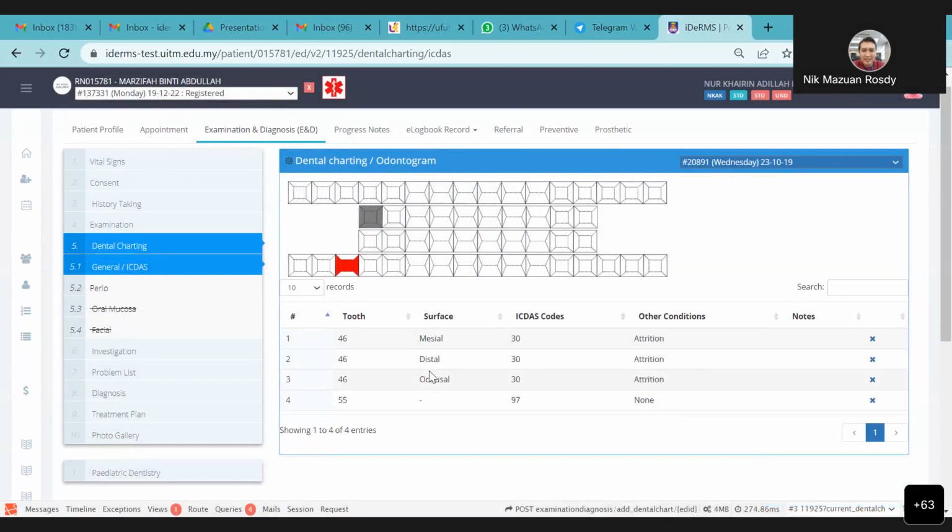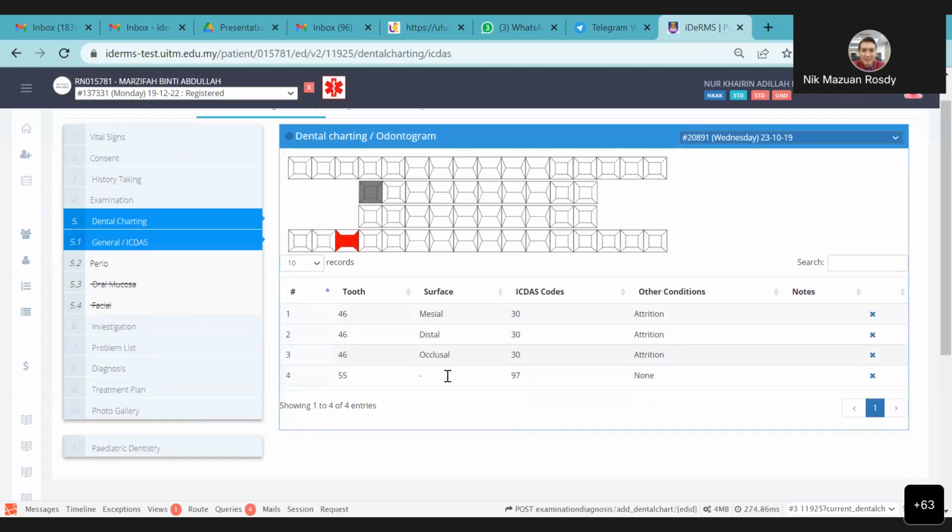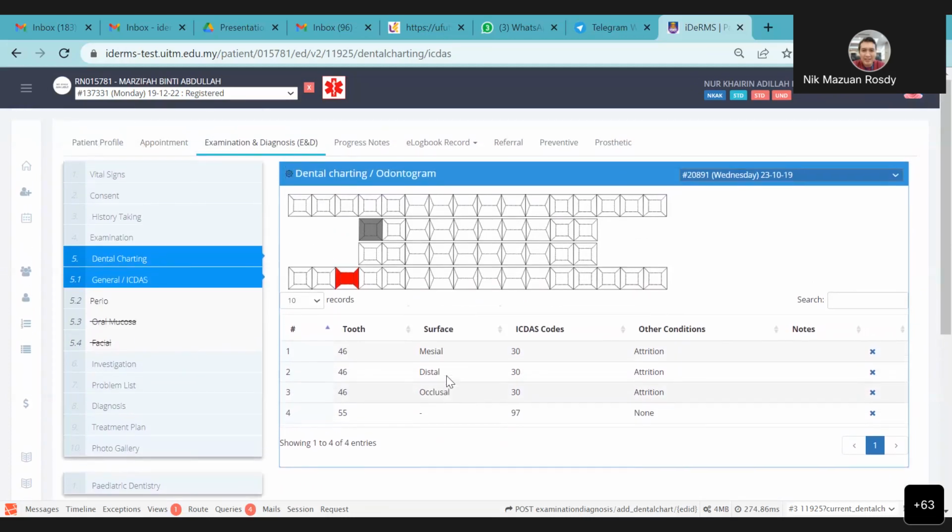So kalau tooth tu ada 6 surfaces yang affected, or ada different codes or ada similar codes, it will appear 6 surfaces. Ada 5 surfaces, 5 surfaces, alright? So that's how you're going to do it. Please do take note that this charting can have multiple. If you want to add a new chart, you can just add chart here. When you add the chart, you will generate the older chart. So maksudnya you can edit